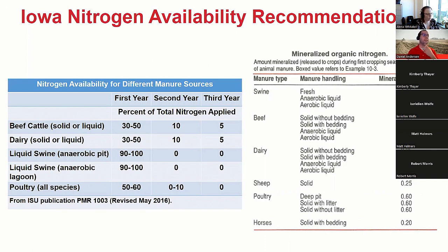And a little story about this: there are some poultry litter plots we've had west of Ames here for about 25 years now. I think it's always interesting to see the same management treatment on a plot for an extended period of time, because it gives us a chance to see how things change with time, but also to get a better understanding of what was really happening. One of the things we saw early on in that study is that when we used manure versus commercial fertilizer applied at the same nitrogen application rate, for the first 5 years that commercial fertilizer always out-yielded manure.